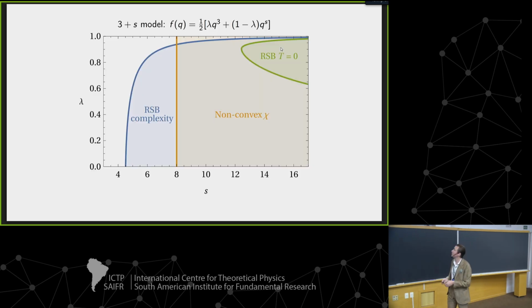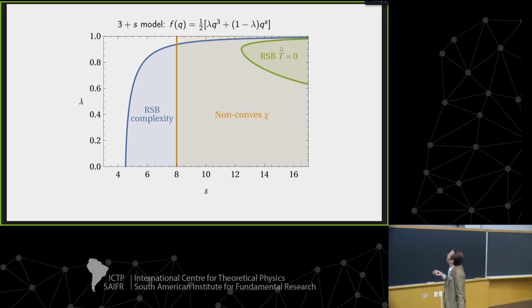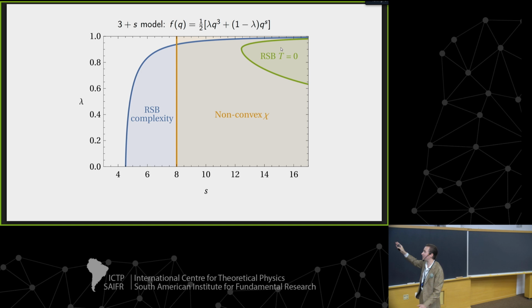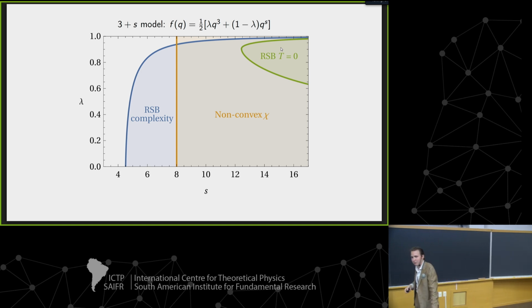And moreover, if we go back to this phase diagram I showed you, if you look at S equals 4, which is the 3 plus 4 model, what we were motivated by, indeed, no combination of a q cubed and a q to the 4th term results in clustering among saddles in this model. And so it may have influence in these models, in the dynamics, that's open, but it certainly is not going to explain this range of energies you find in the 3 plus 4.